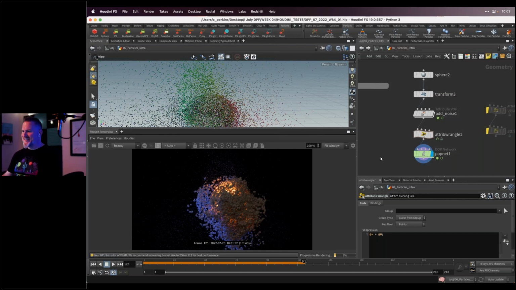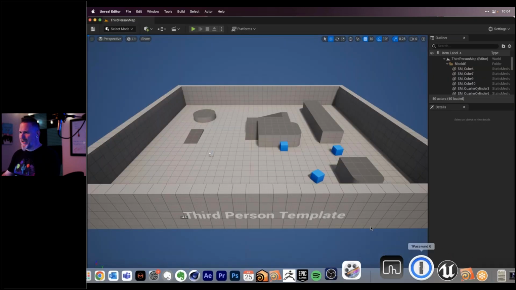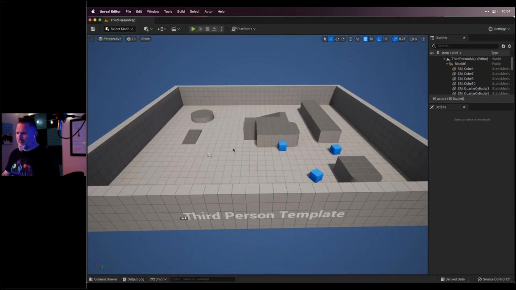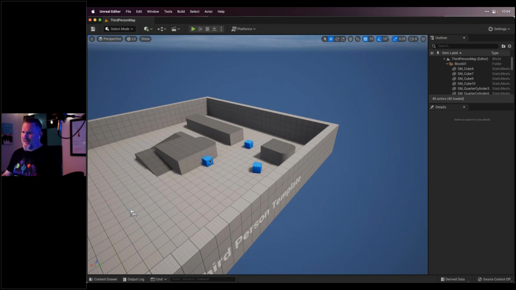So this is the power and the confusion and the wonder of Houdini, that anything could be anything. You could take data from wherever and put it wherever. A lot of times that's one of the challenges of Houdini, because they don't give you a lot of tools, because they're like, oh, you'll just write it. So you have to know how things work and exist, and it can be frustrating. Okay. So very quickly in Unreal, I just want to show you that these particles exist here.